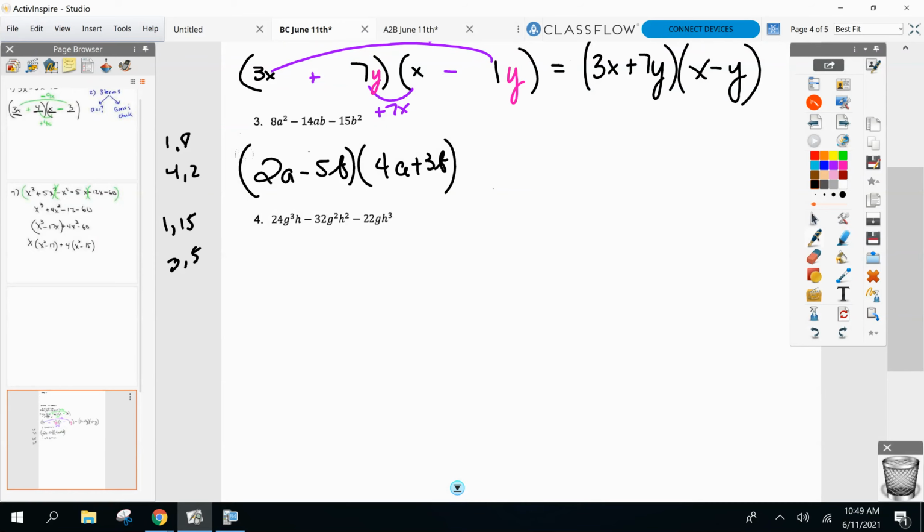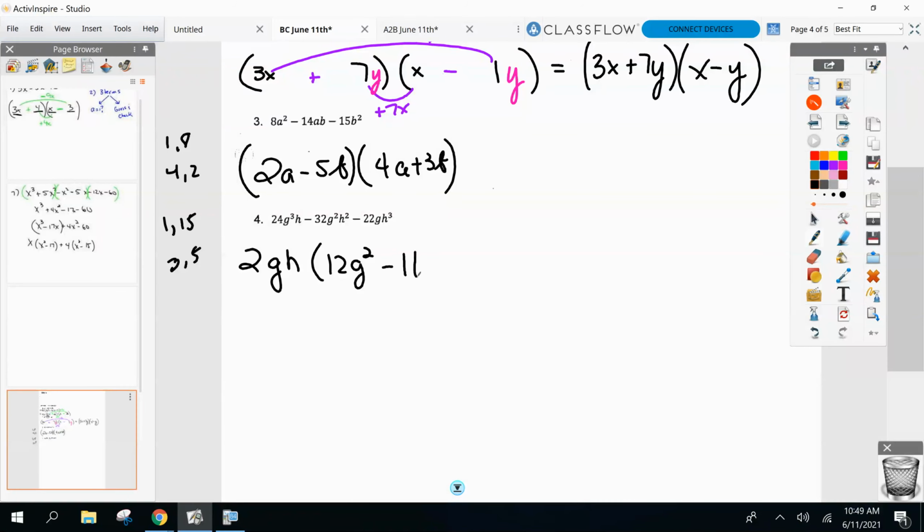But with number 4, where can I start? Hopefully you guys aren't thinking about numbers that multiply to 24 and numbers that multiply to 22, because you're off on the wrong foot already. What's up, Omni? You can take out a 3. I can take out the old GCF. Yep, let's see, 24, 32, and 22. We can take out a 2 and a little more, huh, guys? What else? G and an H. Ooh, 2GH. So I get 12G squared